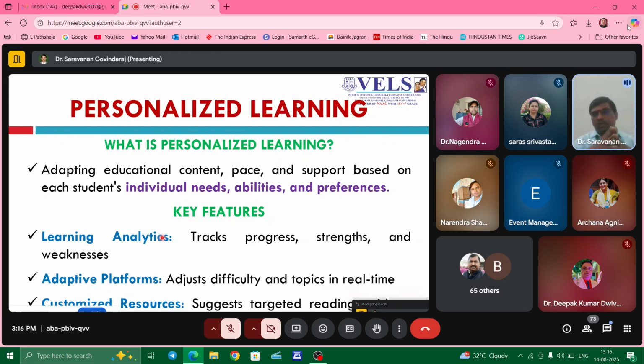That's why nowadays we are keeping the subjects choice based. The students are able to choose particular subjects. So it depends upon the need of the individual. We need to teach based on their abilities and preferences. And learning analytics can be provided by this AI tool. By means of that we are able to track the progress, and we are able to identify the strengths and weaknesses of the students, and